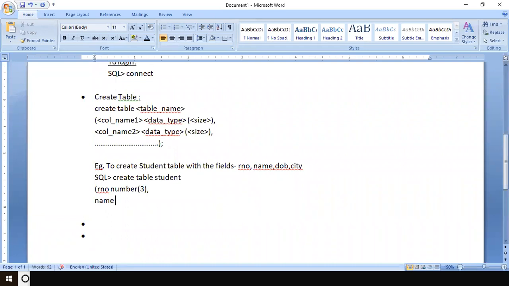Second is name. Now for this, I can take a data type as character or varchar. So I take it here as character. String is not there in Oracle. Here character and the size indicate it is a string. So size 10 I have given.